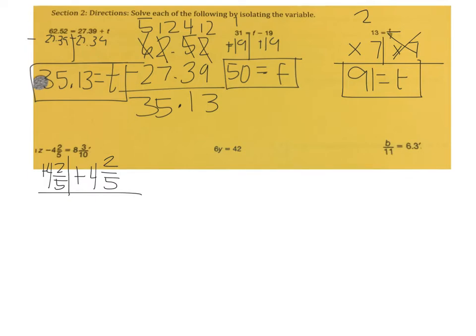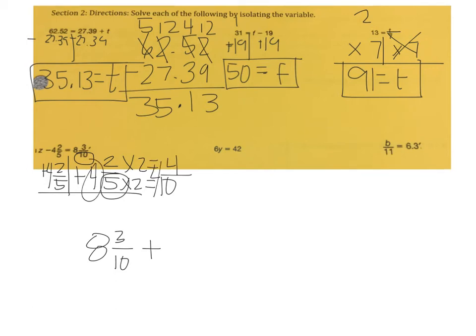a common denominator. So I'm going to go ahead and do that. And I notice my common denominator here is going to be 10. So for 8 and 3/10, I don't need to do anything because I already have 10 as the denominator. Okay, so I'm just going to look at 2/5. Well, I know 5 times 2 is 10, so I do the same thing to the top. 2 times 2 is 4. And don't forget about the whole number, 4. So I'm going to have plus 4 and